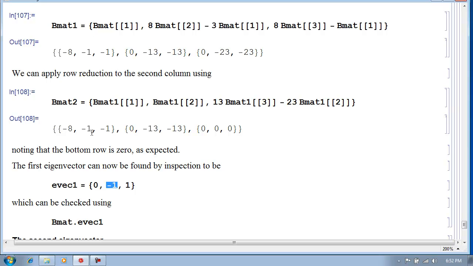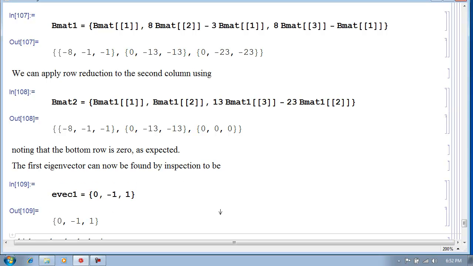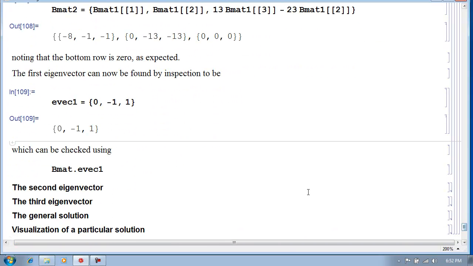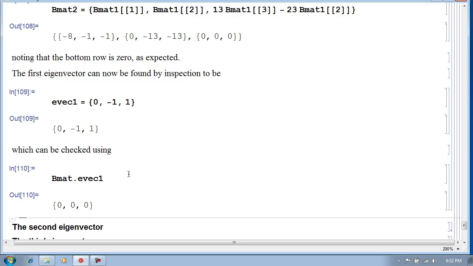And if we do that, then we can see that 8 times the first variable will be equal to the second variable plus the third variable, so that should be 0, and we better check that by multiplying it by the coefficient matrix, and indeed we do get the